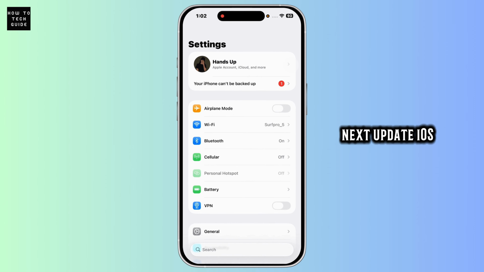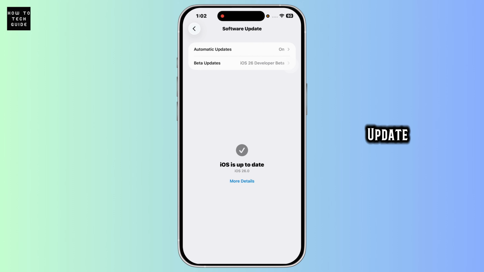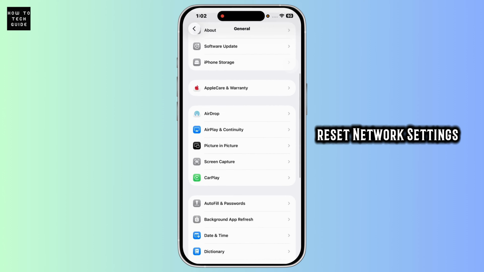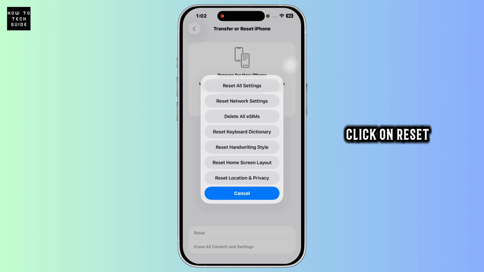Next, update iOS. Hit back, click on General, then click on the option Software Update. If any updates are available, just update it. Next, reset network settings. Hit back, click on Transfer or Reset, click on Reset Network Settings and go through the